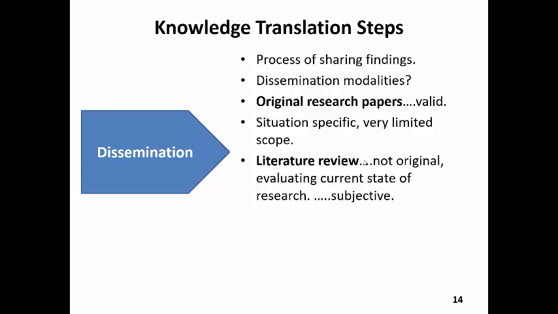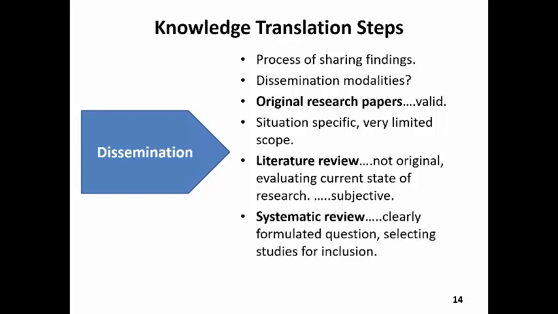And this can be considered somewhat subjective from the perspective of the individuals that are compiling the literature review as to what those individuals consider to be important to convey. Now, the literature review can be generated in a fairly objective way,